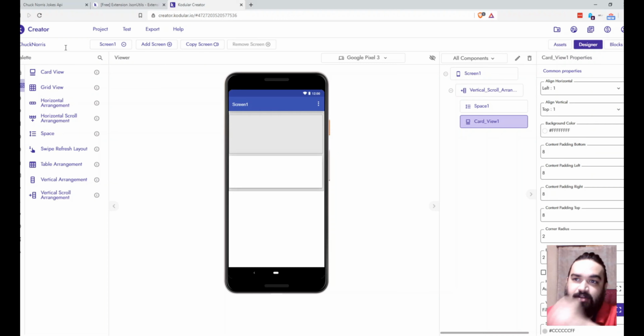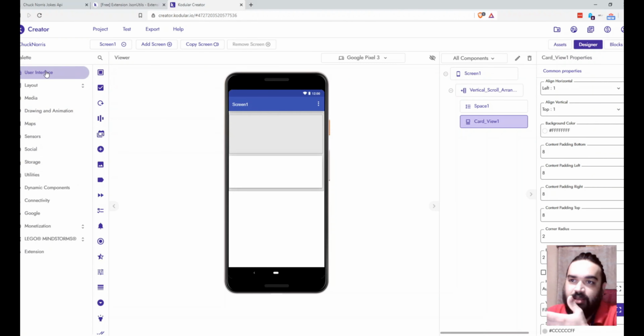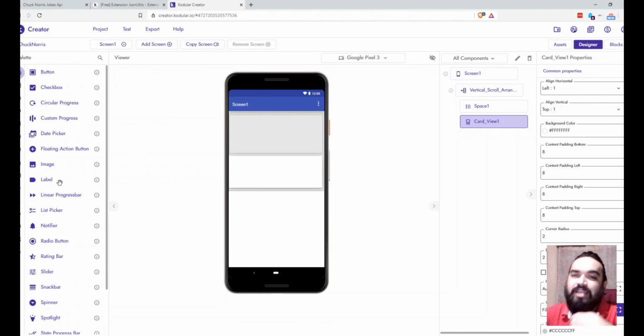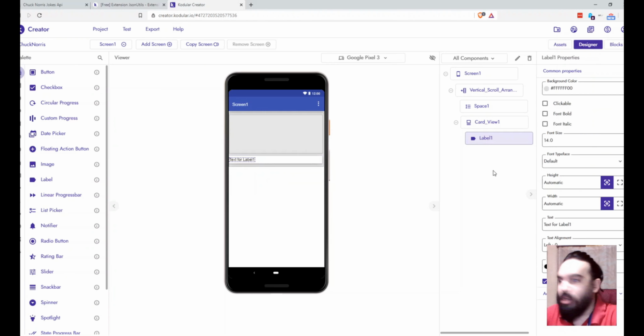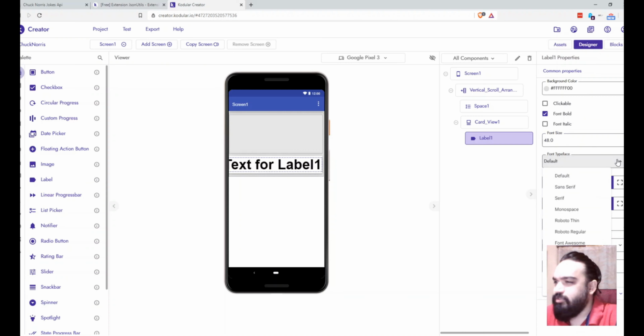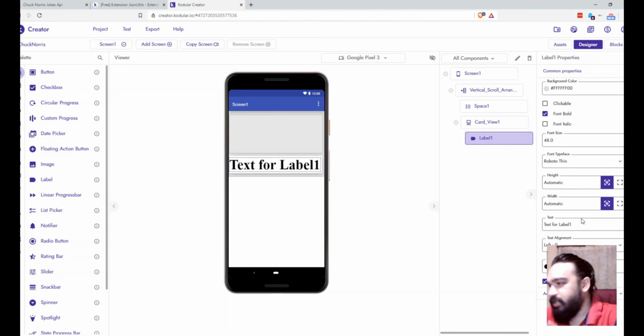Label is basically a text arrangement in which you can essentially fill whatever text you want. I'll show you how to fill, but for now we will just add the label here, and the same goes here as well. For the label, we will just make it bold for now, change the font size to a larger font size, so let's do 48, and then let's also change the font type to probably Roboto thin, and yeah,